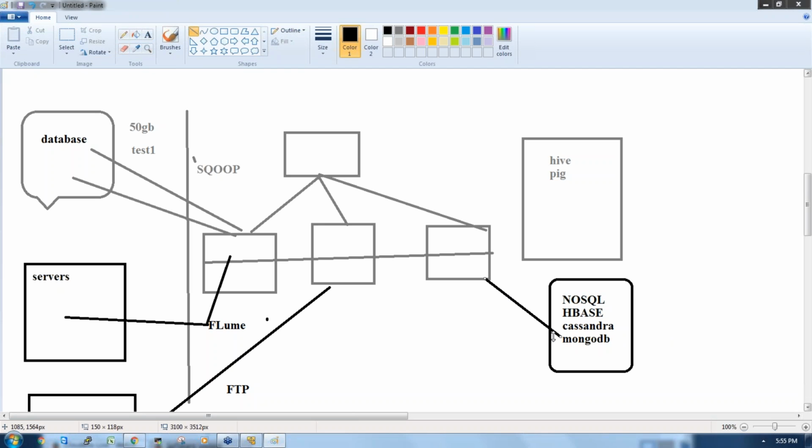So your job role, now that you are working in Hadoop, is either to be involved in collecting the data from the various external resources to the Hadoop cluster, then we perform the data processing in the Hadoop cluster with these data processing tools, and then we store the data into these NoSQL databases.